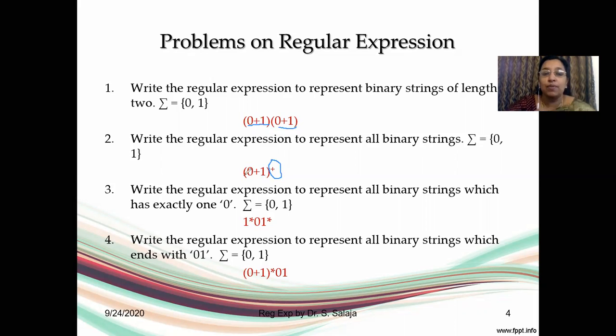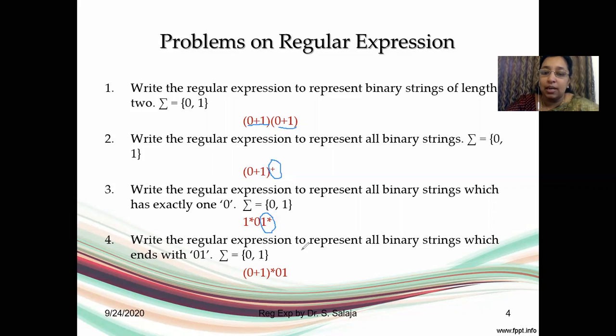Now here what we use is exactly 1. And so you have 1, 0. To the left of it, it can be prefixed by any number of ones. It need not be. So I have used a 1 closure here. And to the right of it, it can again be followed by 0 ones or any number of ones. So you have another 1 closure. So this is how it works.